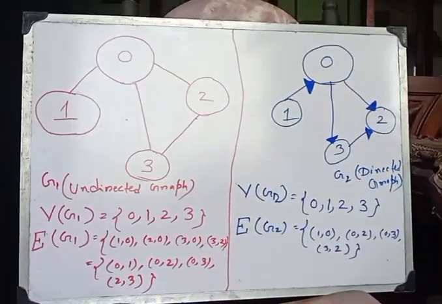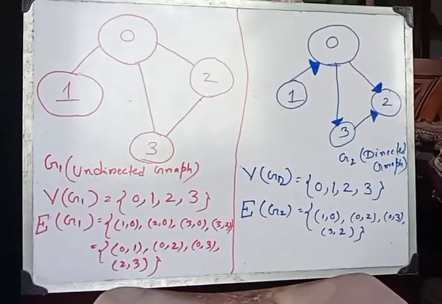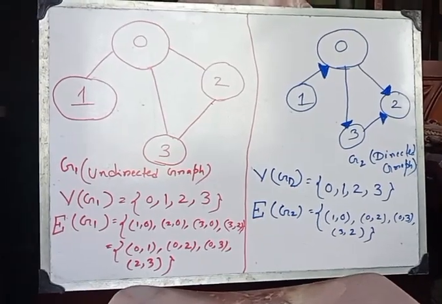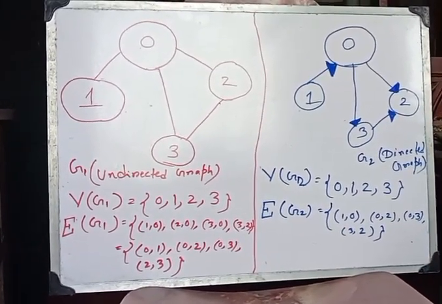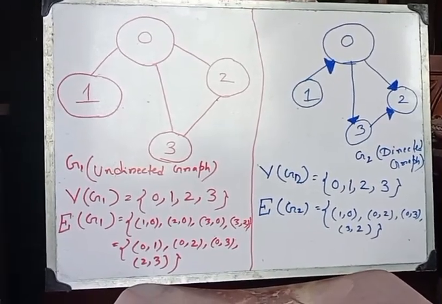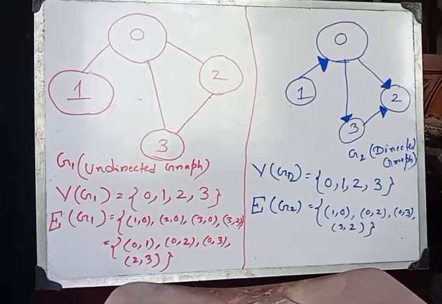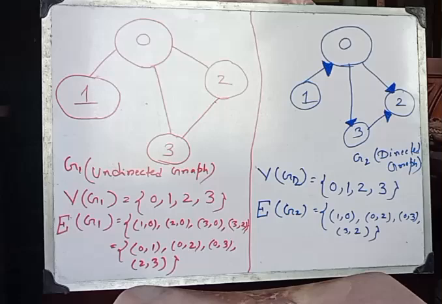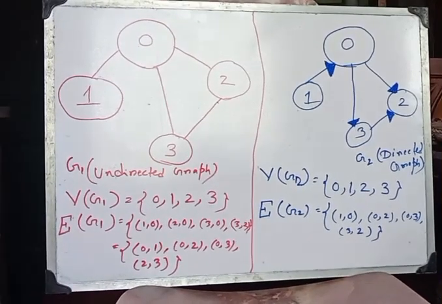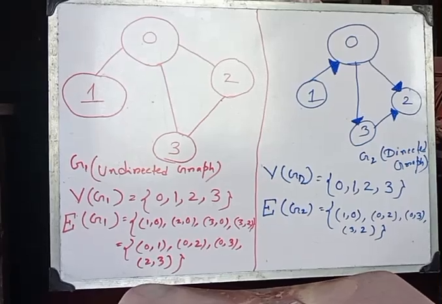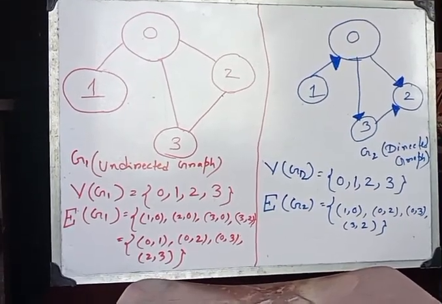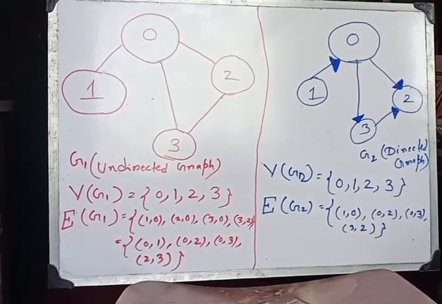Now let's come to our blue diagram of directed graph. In the blue diagram we also have 4 vertices. Here the set of vertices or the set of nodes is written as V of G2 is equal to {0, 1, 2, 3} because it has 4 vertices. Here the set of edges is written as E of G2 is equal to {(1,0), (0,2), (0,3)